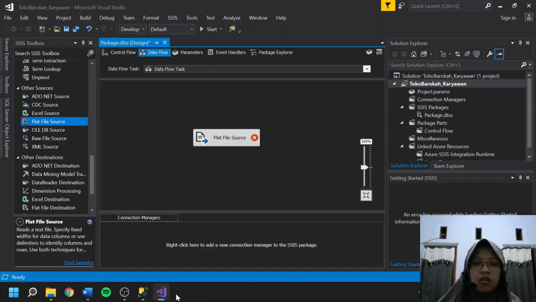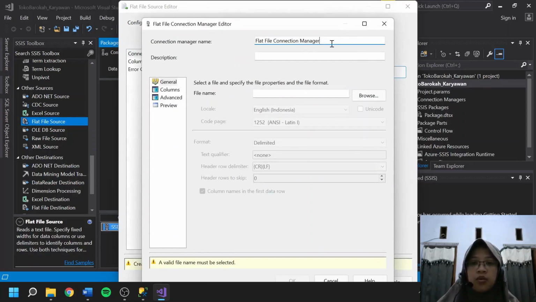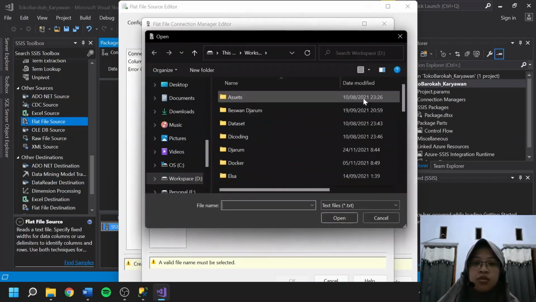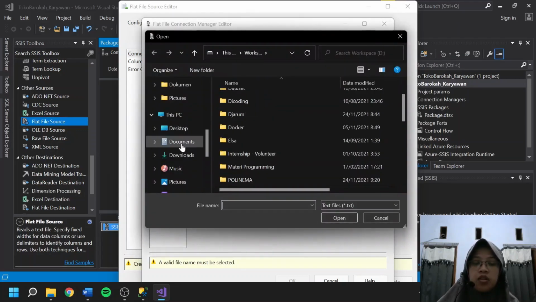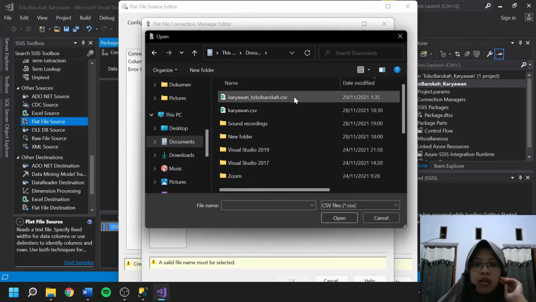So in Visual Studio, we have to configure the flat file source like this, and then click flat file connection manager, and then click new. Yeah, you can give a name for this, but I will skip this. And then in the file name, click browse, and then choose the file with .csv like this one, karyawan Toko Barokah.csv.